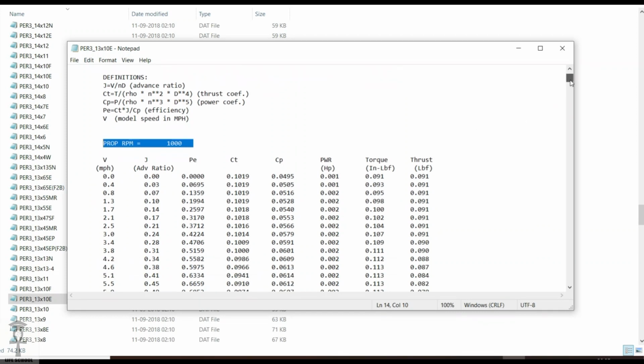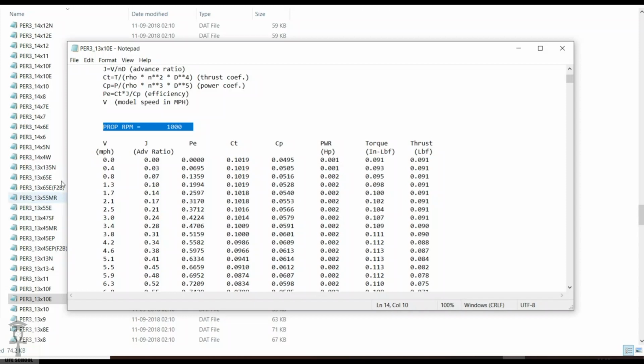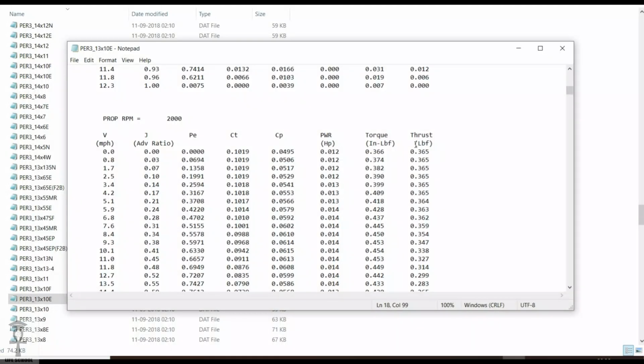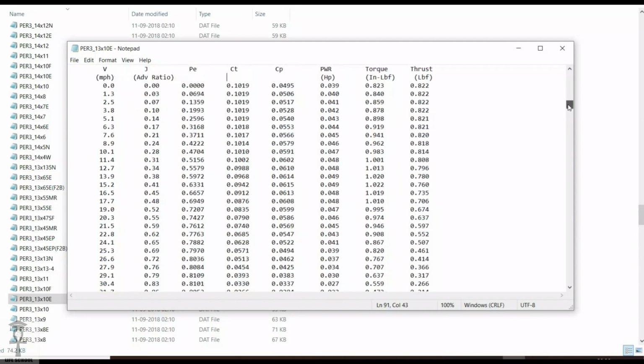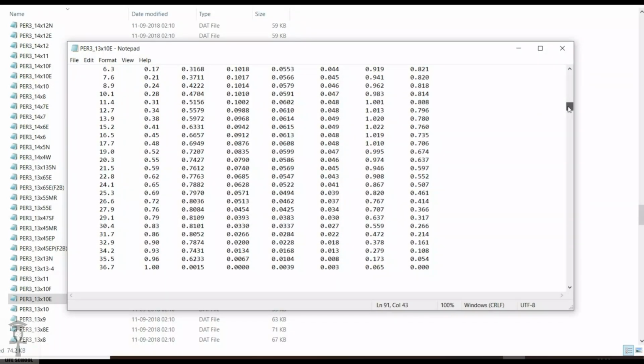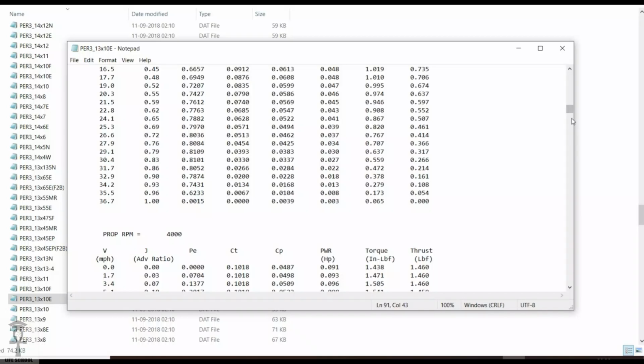Then at 1000 RPM, if the prop is rotating, then at this velocity, that is the velocity of the plane, the static thrust is 0.09 pounds, that is lbf. We first need to convert the lbf unit into your own units and all the other things in your particular units, and after that you can size the prop. You can just vary the RPM and see at what RPM your speed matches with the thrust. From that you will prepare a table of satisfying props. That is how the sizing is done, and the selection is done from the most optimum prop.